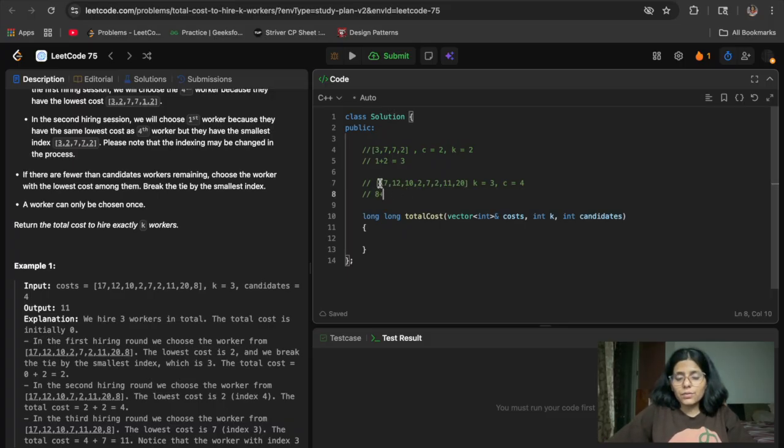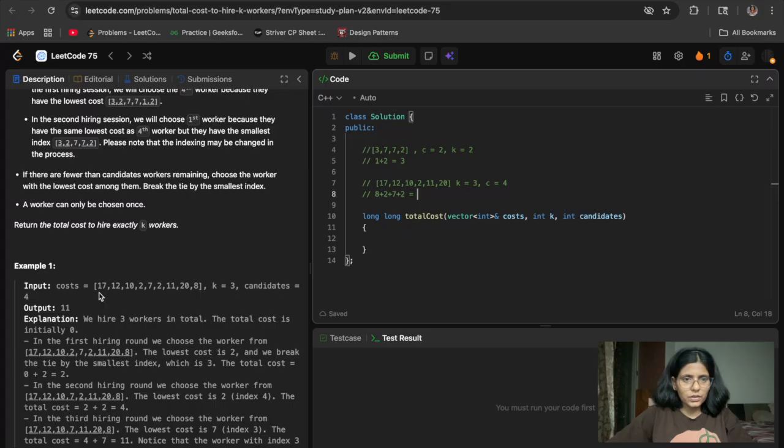Then we'll choose again from the first three and the last three. Here we get 2 as the minimum, so we'll take 2 and remove it. Then again from the first three and last three we get 7 as the minimum, we'll add it and remove it. Then from the first three and last three we get 2, which we need to add to the total cost. We needed to hire 4 workers and we are getting a larger total, but they are saying it's less.